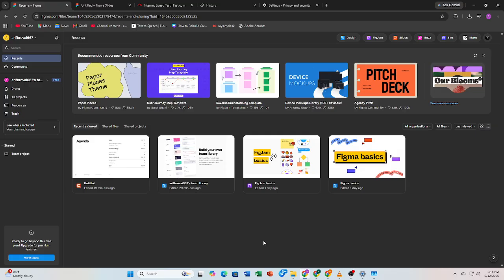Next, close unnecessary background applications to free up system resources and memory. Finally, uninstall the Figma Desktop app completely and reinstall a fresh copy from the official website. And that's it. You've successfully fixed Figma Desktop app not opening issues. The app should now launch normally without any